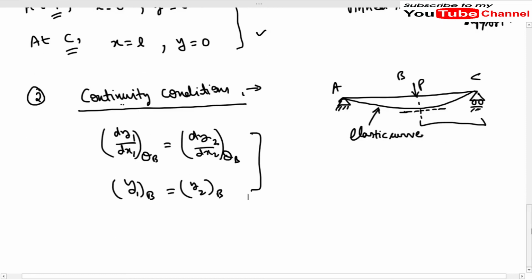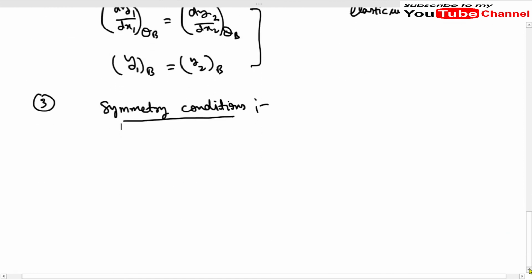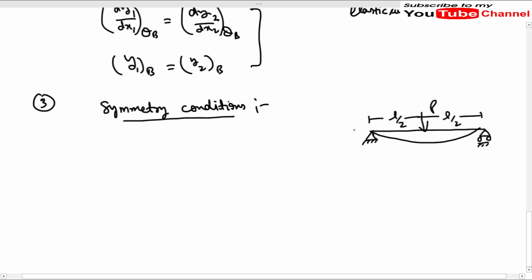Now the other condition is our symmetry conditions. So what are symmetry conditions? Now look, if we have a beam like this, a simply supported beam, and this beam is loaded with a point load P at mid span, at L by 2. So what can we understand by this type of loading? We can easily say that at B